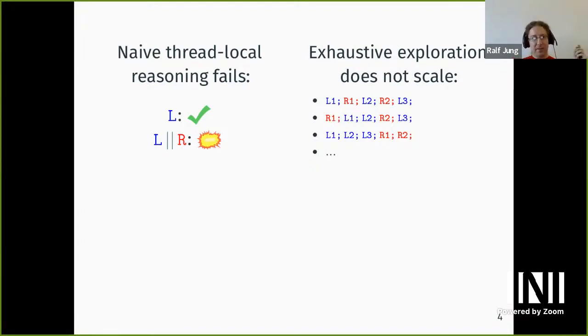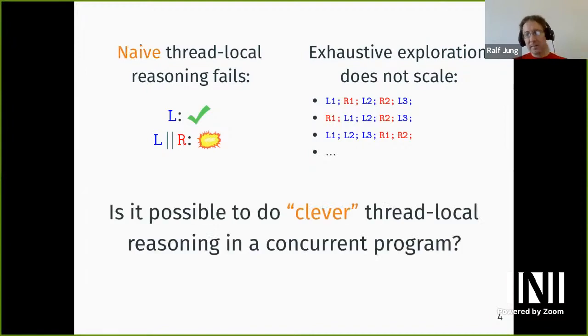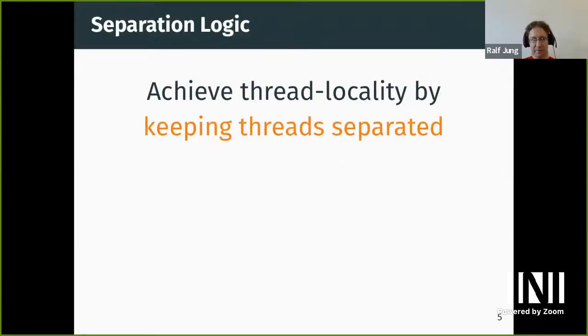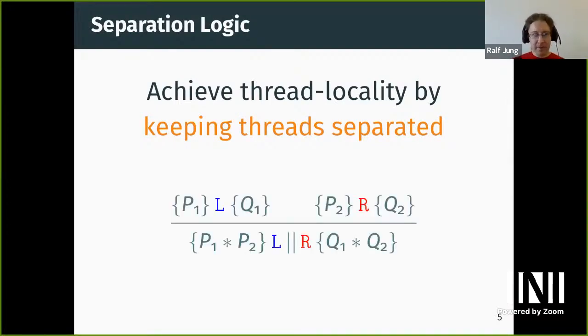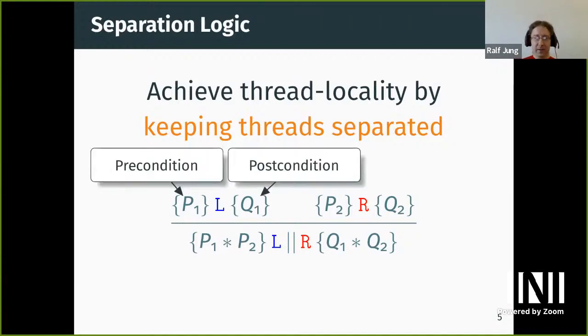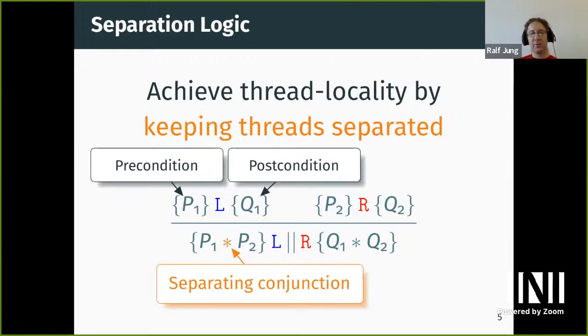So what can we do instead? Well, maybe let's try going back to this idea of thread local reasoning, and let's try to be a bit less naive and a bit more clever about it. And that is the core idea of using separation logic for verifying concurrent software, where we can achieve thread local reasoning by keeping threads separated, which is reflected in this amazing proof rule from concurrent separation logic that is called the parallel composition rule. What this rule says is that if we have verified the left thread under some precondition P1 and postcondition Q1, and we've also independently verified the right thread under precondition P2 and postcondition Q2, then we can run both of these threads concurrently, and they will be correct under precondition P1 star P2,